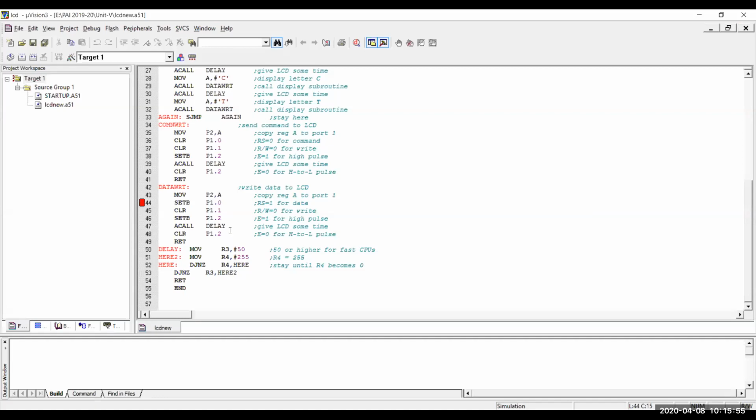So if the external asks whether you can change the port, yes, you can change the port. In that case you need to change your wire connection, nothing else. But by default, in your final practical exam, when you get the statement LCD interfacing, there is no need to do the wire connection yourself.